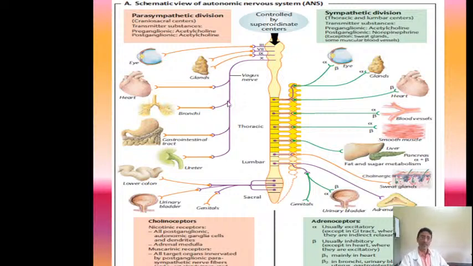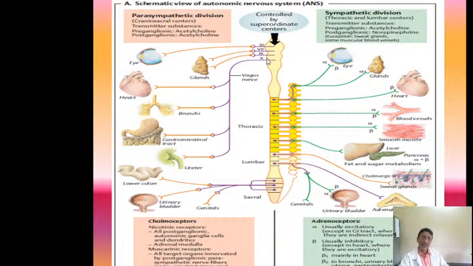Now where do they supply? If you see this diagram here, the third nerve takes its origin and supplies the eye. So the parasympathetic nerve to the eye comes from the third cranial nerve. Similarly, this is the parotid gland. The glands present in the head, neck and face are supplied by the 7th and the 9th cranial nerve, that is the parotid gland and the submandibular gland. So the parasympathetic supply to the secretory salivary glands is from the 7th and the 9th cranial nerve.